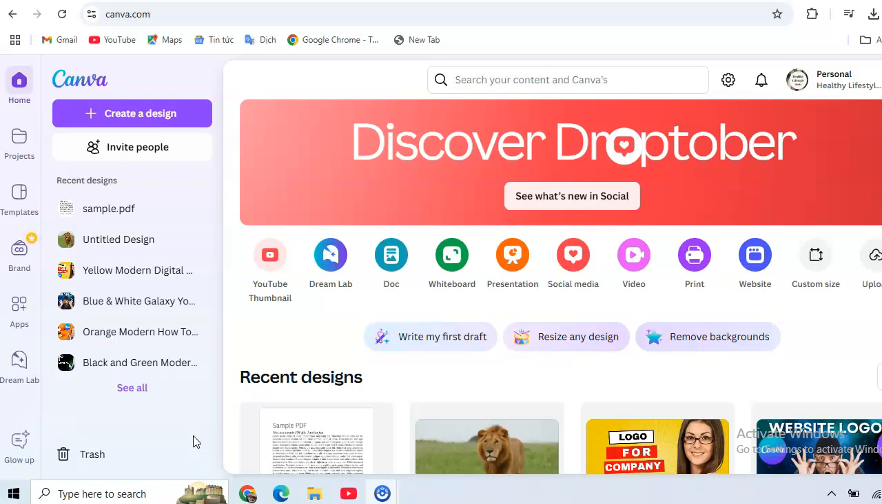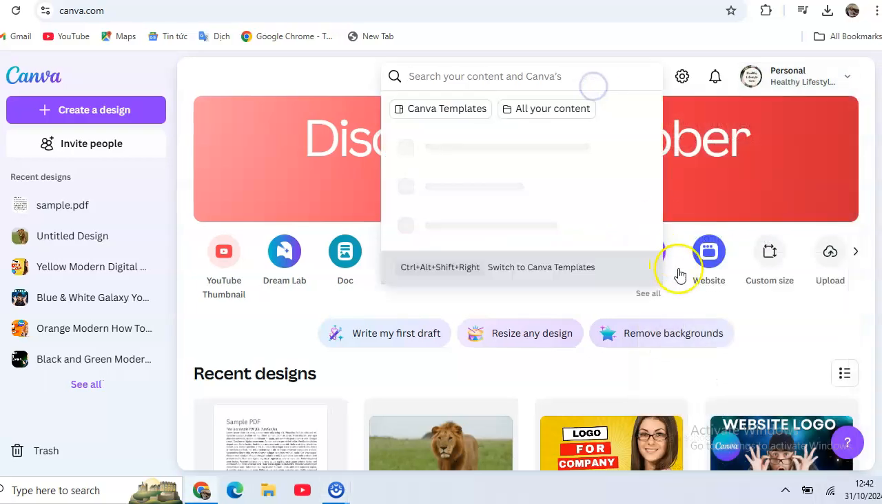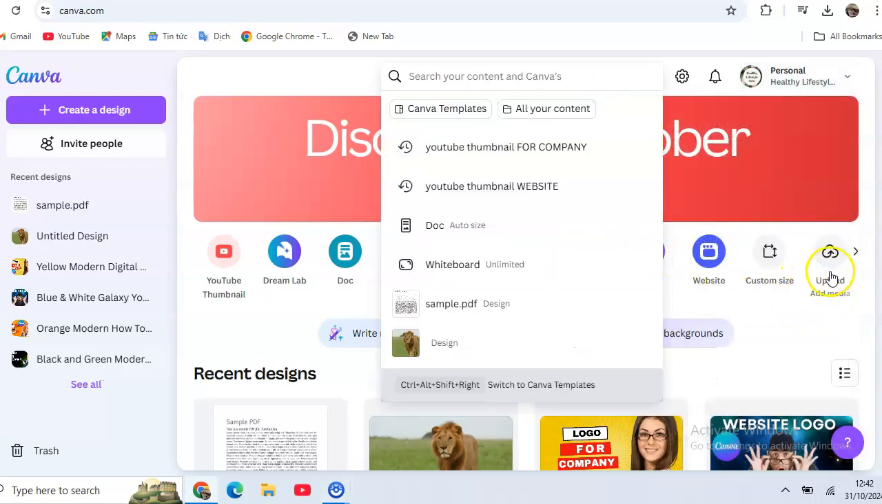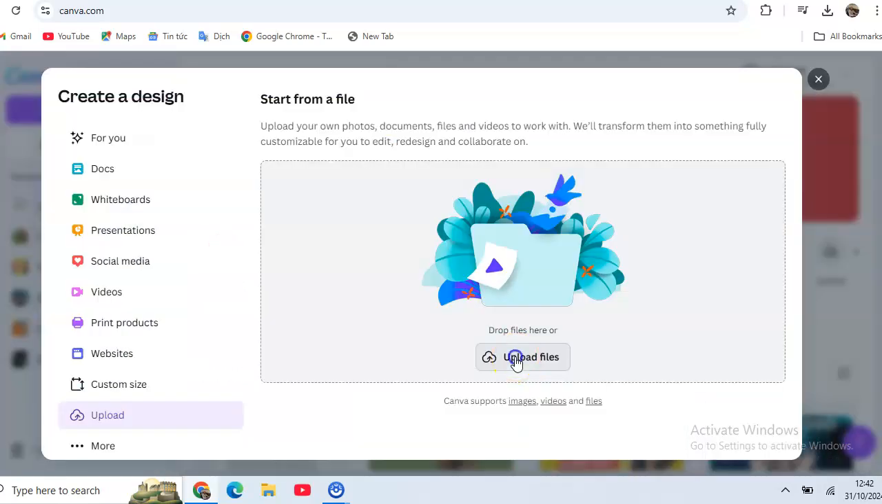Let's get started. How to make a clickable link in PDF in Canva. First, you need to go to Canva and look into your account, and after that click upload, and then click upload files,